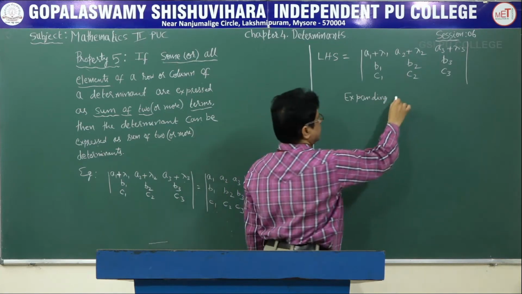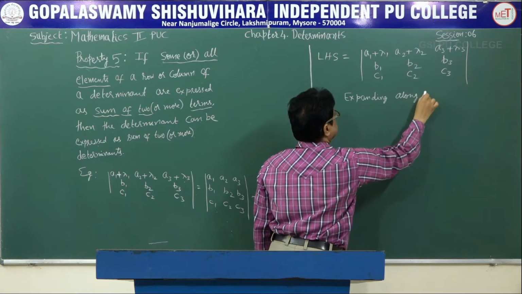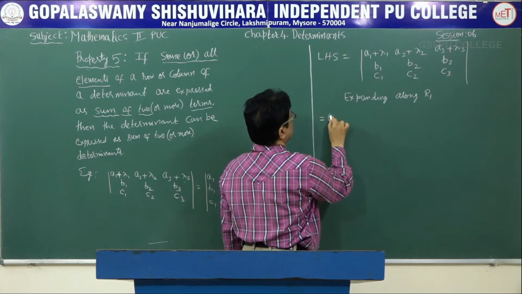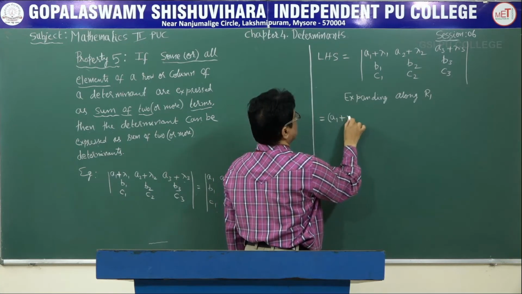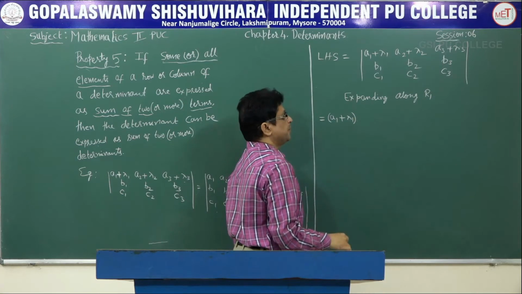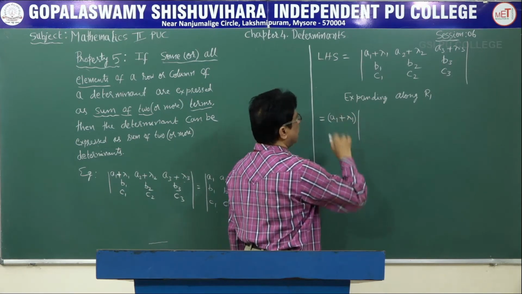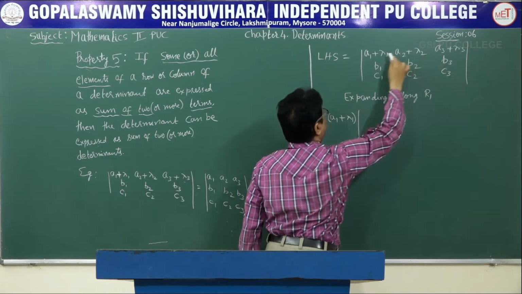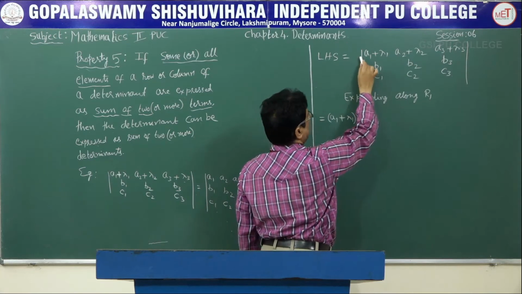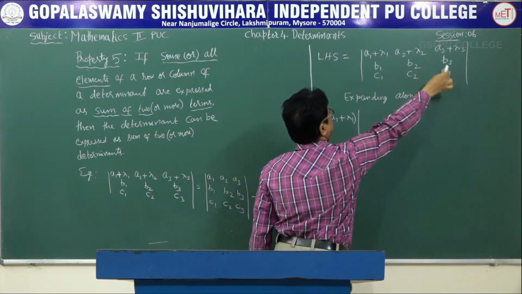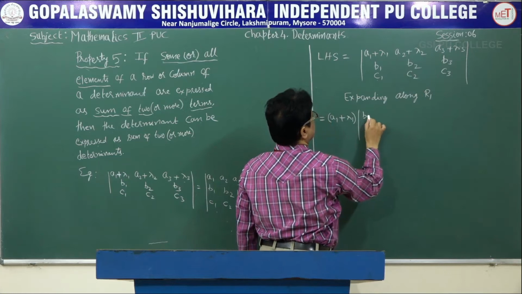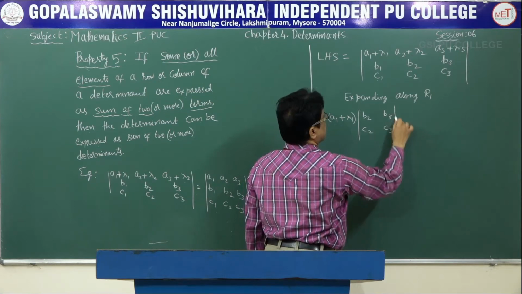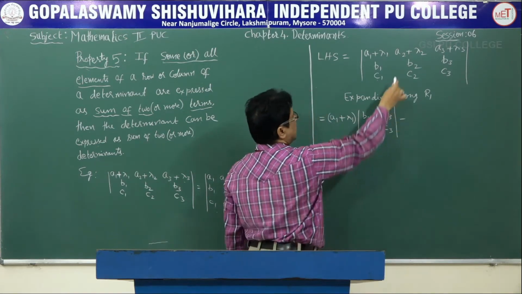Expanding along R1, that will be equal to a1 plus lambda 1 into the determinant of, so a1 plus lambda 1 lies in the first row and first column. So we eliminate the first row and first column and take the determinant of the remaining elements, that is b2, b3, c2, c3, minus the next element is